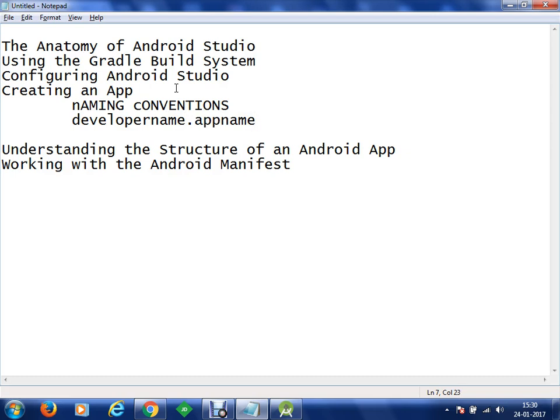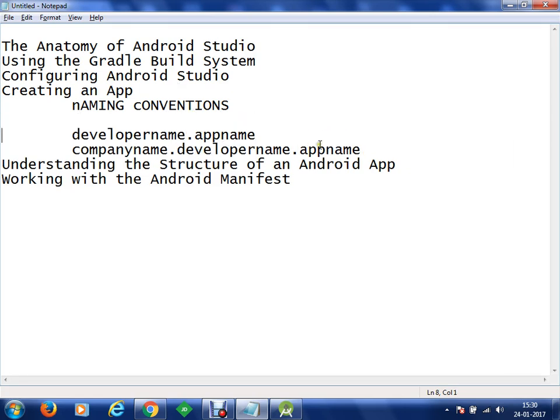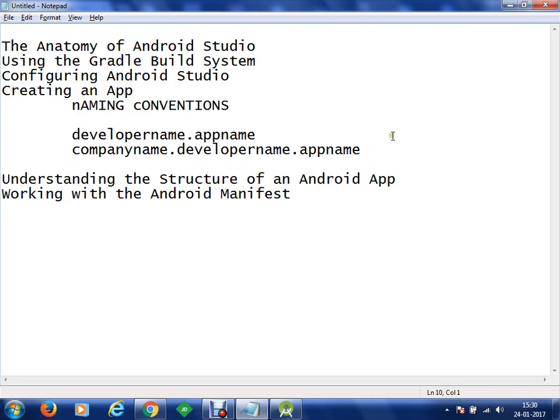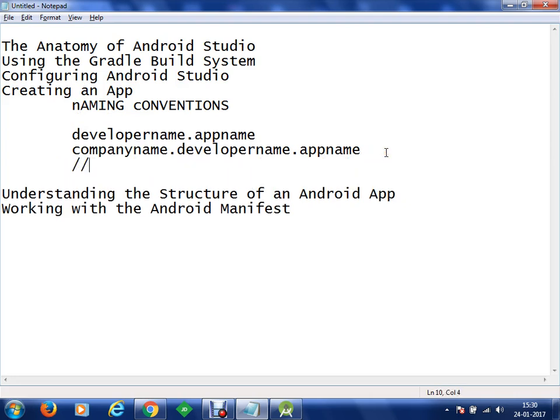Or the second naming convention is company name dot developer name dot app name. So these are two naming conventions, and the case of these packages should always be lowercase. Package name should always be lowercase.